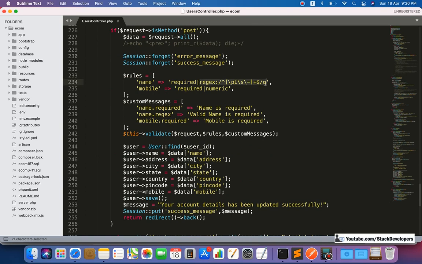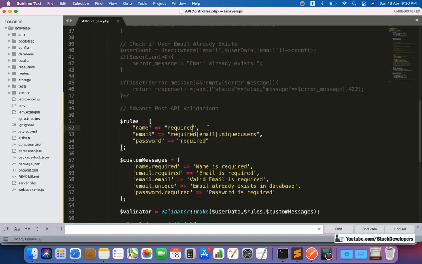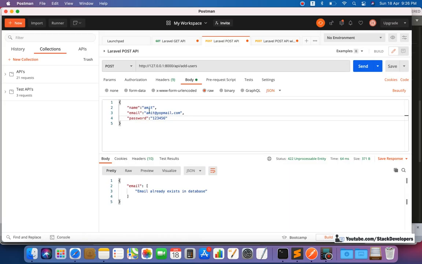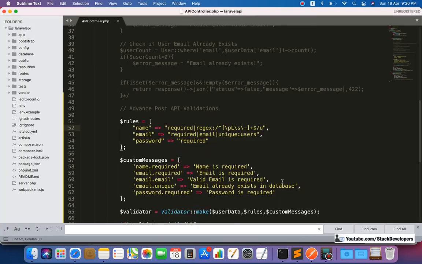See, this is the regex expression that we have searched from the internet, and this is for the character rule. Okay, so we can integrate this rule as well. So let's see. I'm going to paste this rule, and with this rule, if we add numerics in name, then it will show the error message. See here, the name format is invalid.